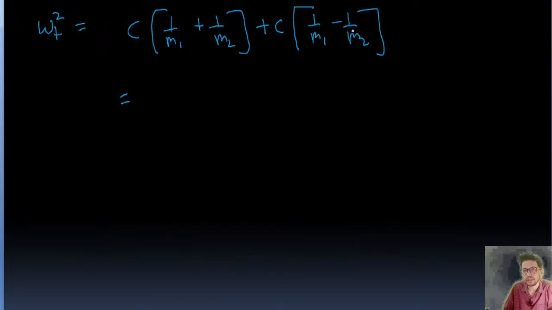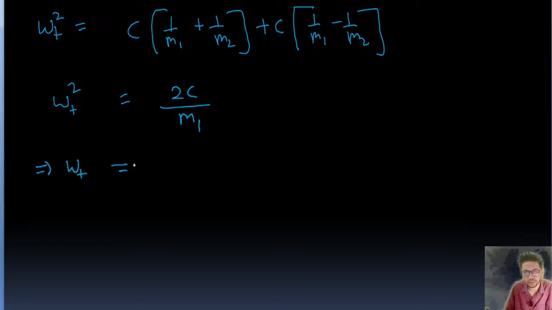Now from here, this will get cancelled with this, right? So omega plus square value is going to be 2c upon m1. That implies omega plus at high frequency value is going to be root 2c upon m1, right? So from here we can write